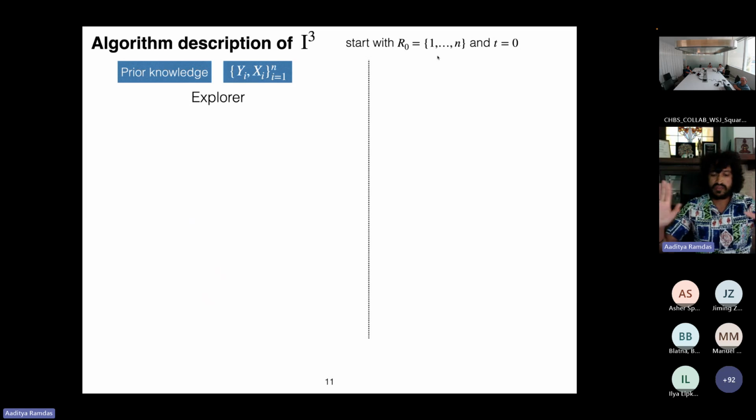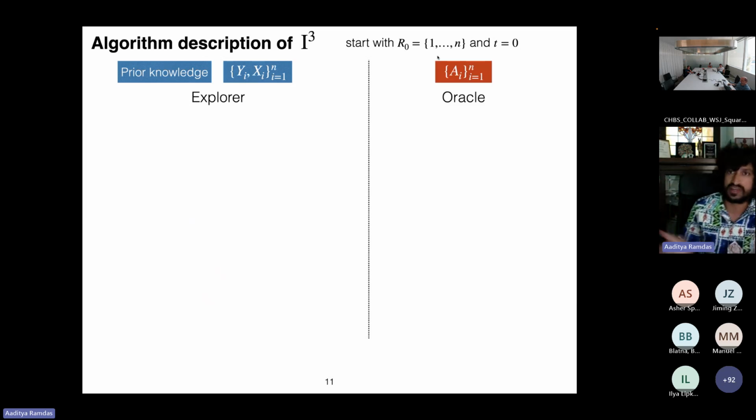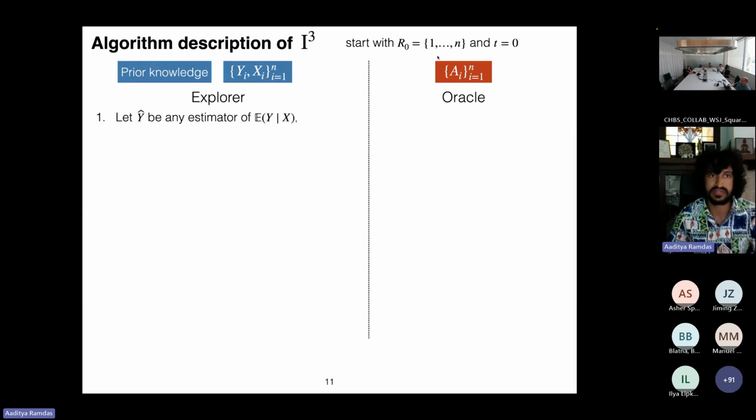And we're going to give the statistician initially not all the data. We're going to give them only the covariates and the outcomes, but not the treatment assignments. So the explorer, which is the statistician, has Y_i and X_i. And the oracle, which is your computer essentially, has A_i; the statistician is not allowed to initially see the actual treatment assignments.